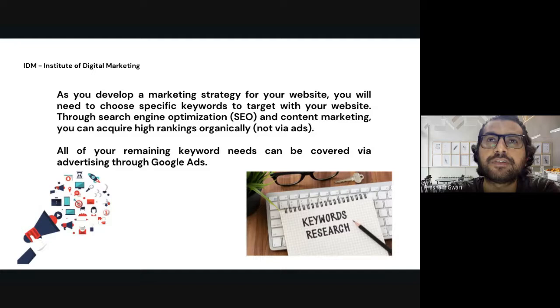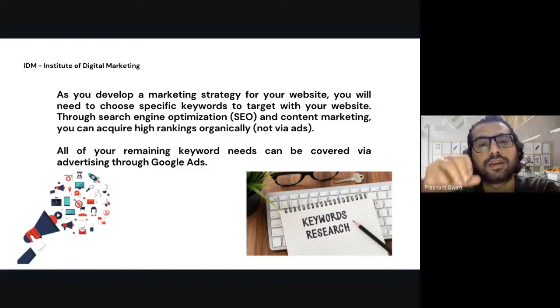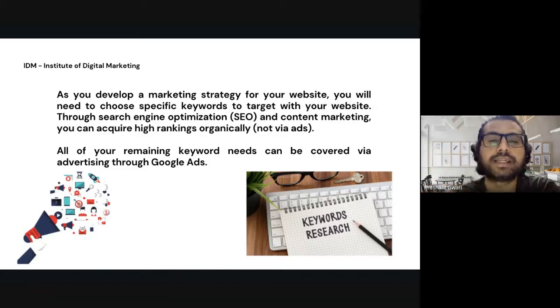The other keywords which are also important, and that can be 10 to 12 or 15, you will use those keywords in Google Ads by running advertisement using PPC, pay per click. So the main keyword or the focus keyword you will use in your site content or in your SEO process. The other keywords you will use in your Google Ads. You will bid on them. So that is your keyword research strategy that you will use in your website marketing strategy.